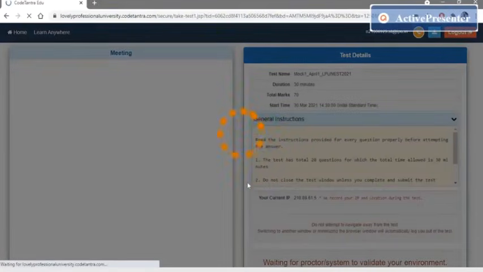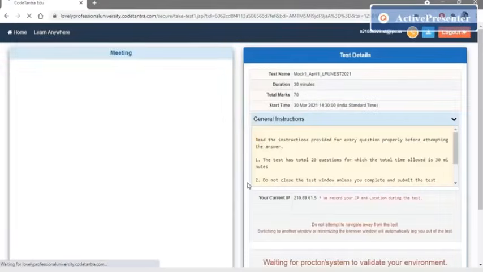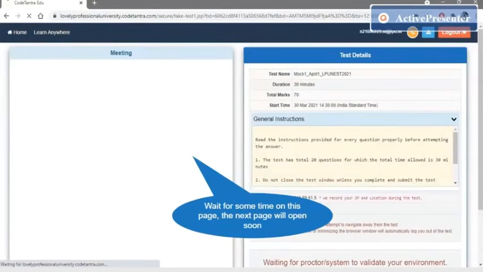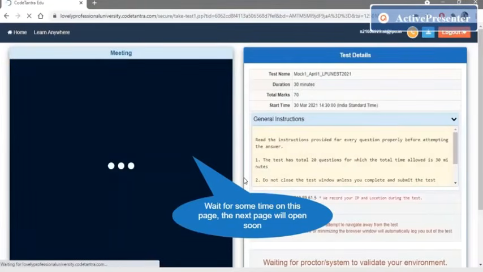After the successful environment check, you need to wait for some time for the proctor or the system to validate your environment. While the proctor or the system is validating your environment, you can read the journal instructions.